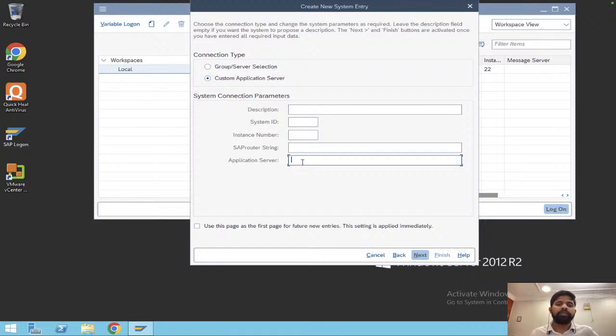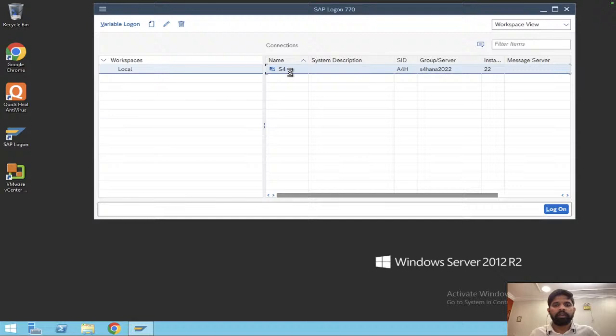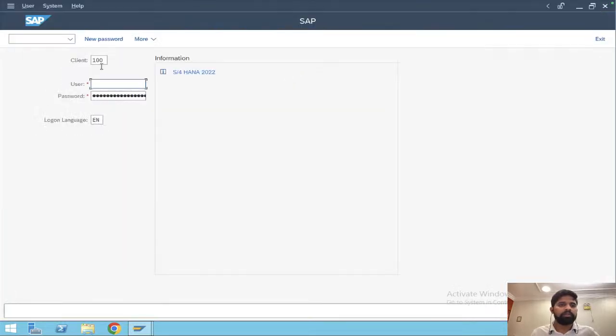Whichever SAP you are trying to access, every SAP or every connection will have different details. So whenever you join a company or you go to a client, they will provide you these details that you have to enter, and then you need ID and password. So if I double click on this, this is my client, then user ID and password. This is the way.